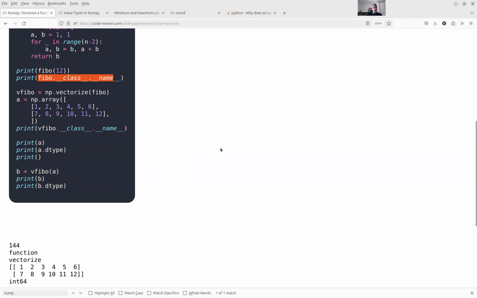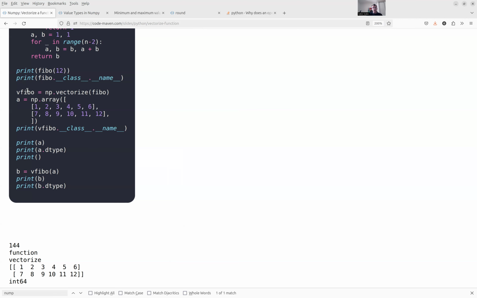For this, I think you can forget. Don't worry about it. We can then take the np.vectorize. So it's part of NumPy again. np.vectorize, give this a function. So now the function is the parameter, not a number, not a string. The function itself is the parameter, and it will return another function, which I called vFibo because it's the vectorized